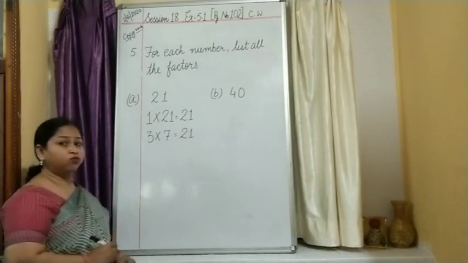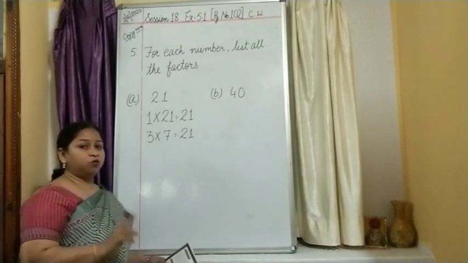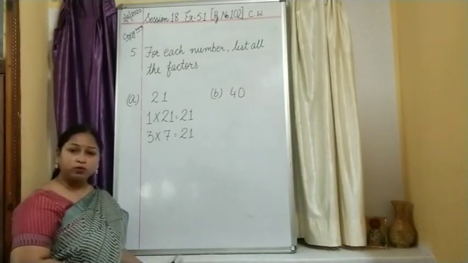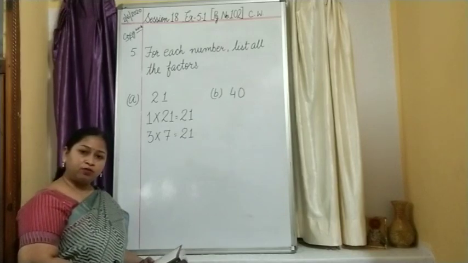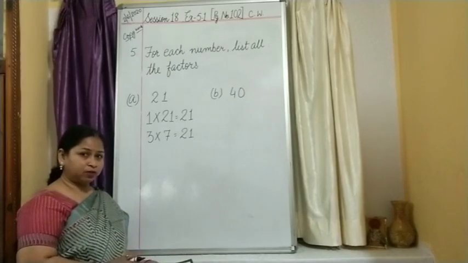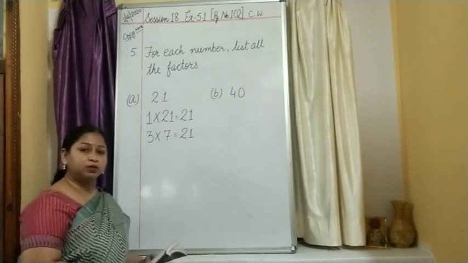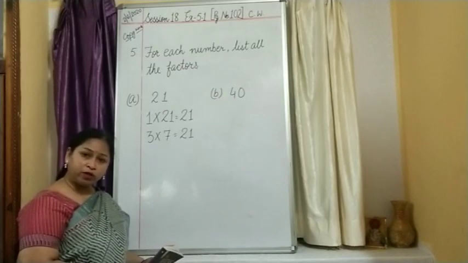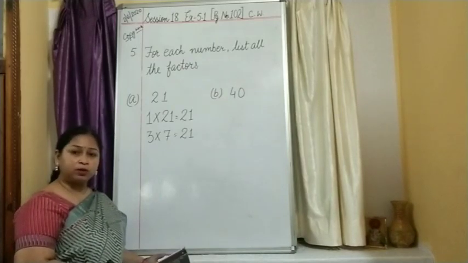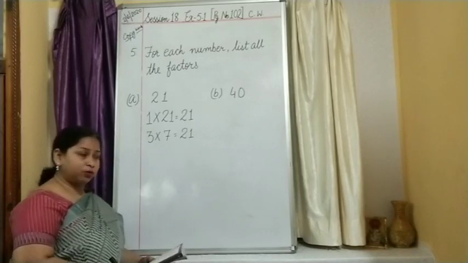What about the table of 4? Do you get 21 in the table of 4? Check. 4 5s are 20, children, and 4 6s are 24. It's missing there. In the table of 5, 5 5s are 25, 5 4s are 20, again 21 is missing. In the table of 6, 6 3s are 18 and 6 4s are 24, again 21 is missing. So what is the next number? 7. 7 3s are 21.